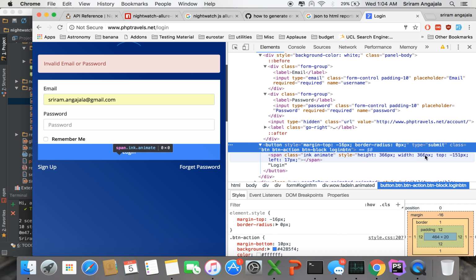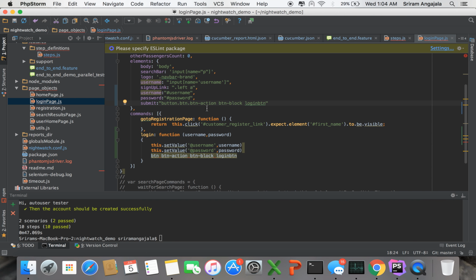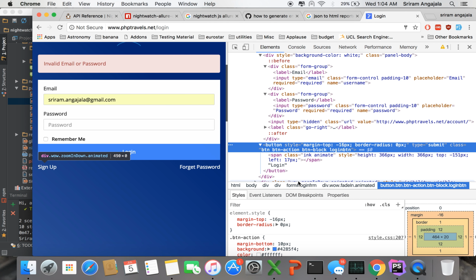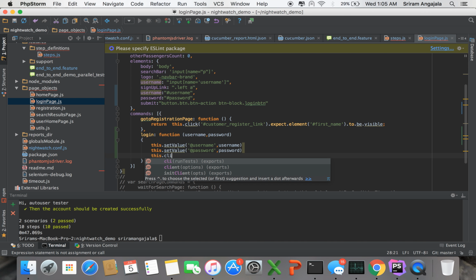Because I'm using class, it's a bit dangerous. Yeah, so btn button, actual button block login button. Okay, cool. So what I'll do now is I'll go and this dot click,